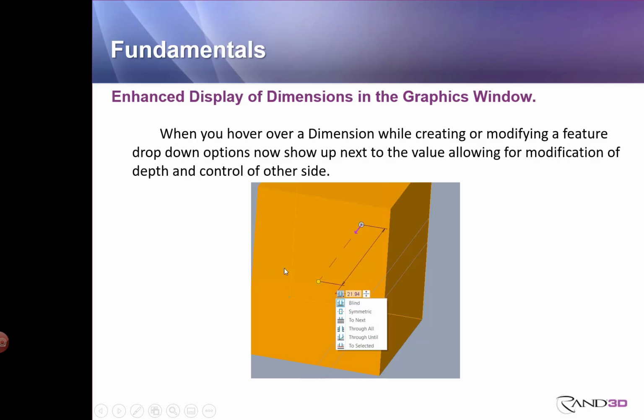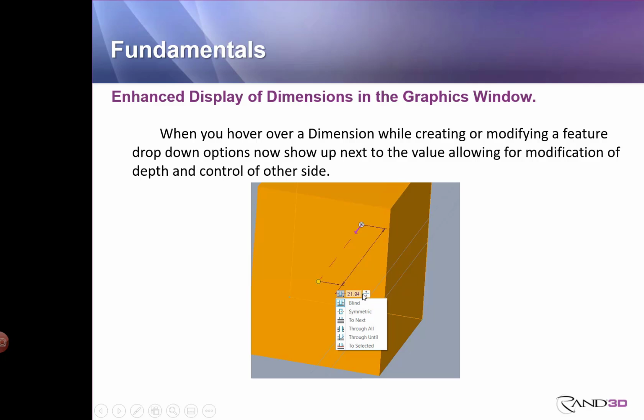Also, when you're modifying a dimension, if you hover over that dimension, it will show you drop-down menus on the right and left side. Again, these are directly attached to the dashboard that's going on at the same time. So you can always go to the top of your screen, control the dashboard. But if I hit the drop-down arrow for that option to the left, it will show me different depth options. If I go to the right, I can make it go in both directions, or I can change what